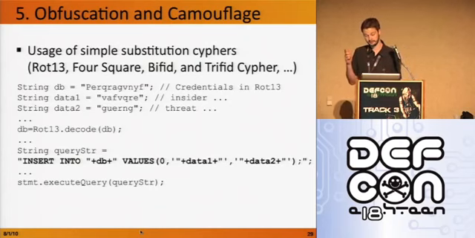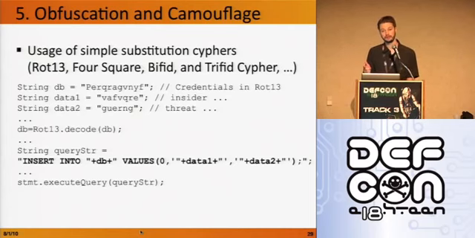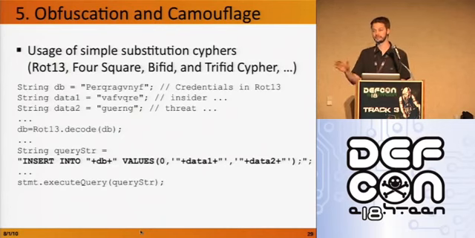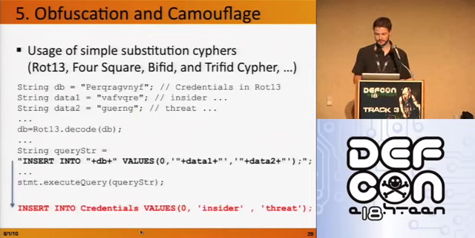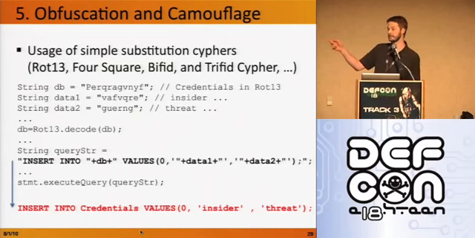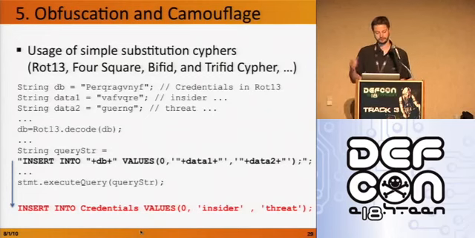ROT13 is really useful because it only requires about 6 lines of code to implement. So if it's not by default in your application, you only need 6 lines of code, and you have it there. What this was actually doing was inserting into the credentials database inside a run thread, but it was a little bit hidden. I've shown that example before, where you just insert into the credentials database. Here, it's much harder for a manual auditor to track down.